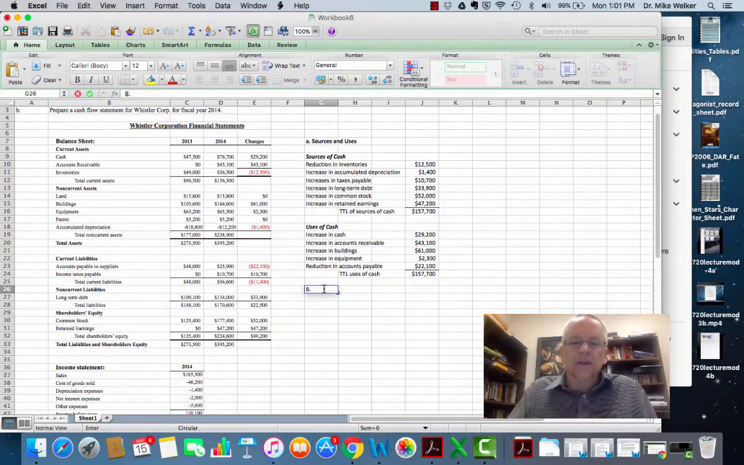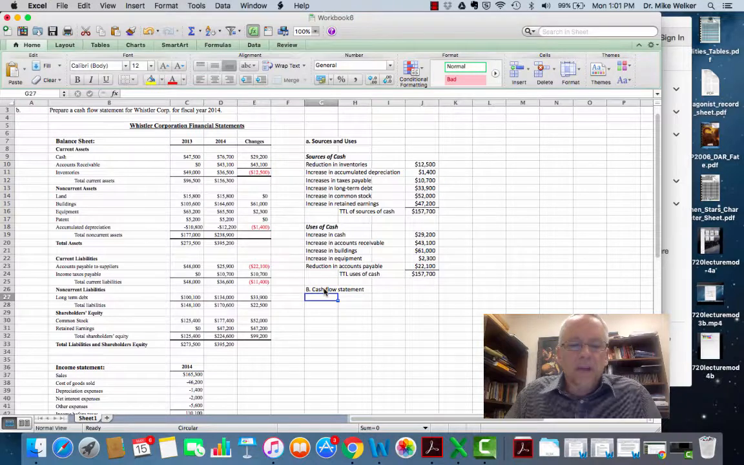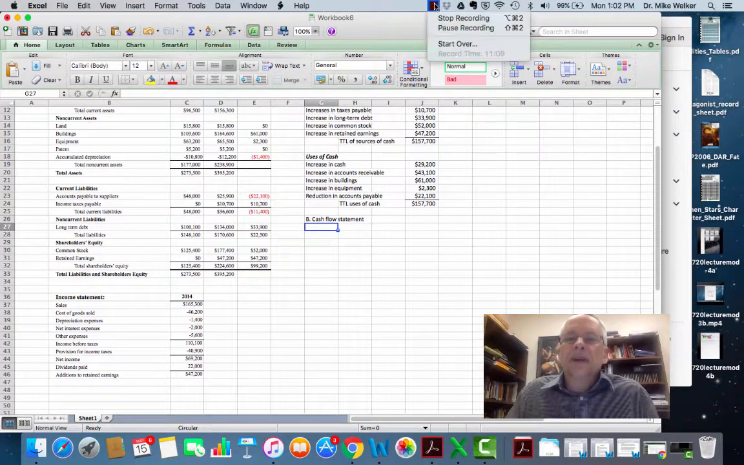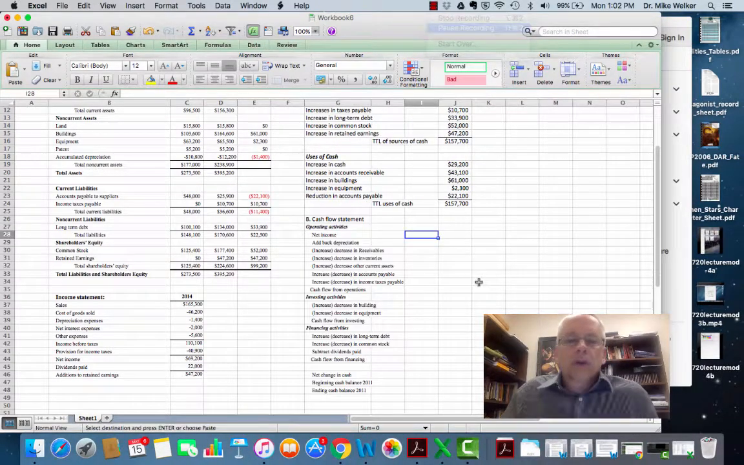B is the cash flow statement. Now, I'll save us a little bit of time here. I have another sheet that I built that lists all of the line items I ought to have here for my operating activities, investment and financing activities, right? So I got to go find it. So I'll pause for a second. Okay, so